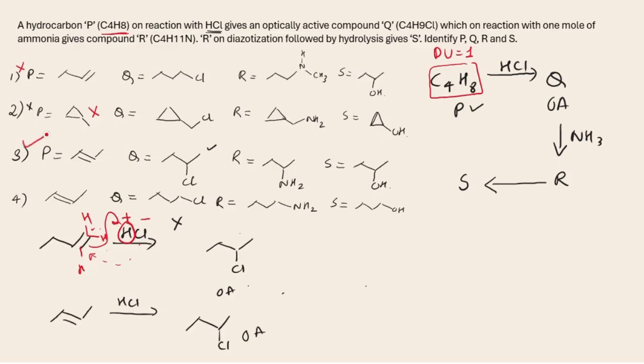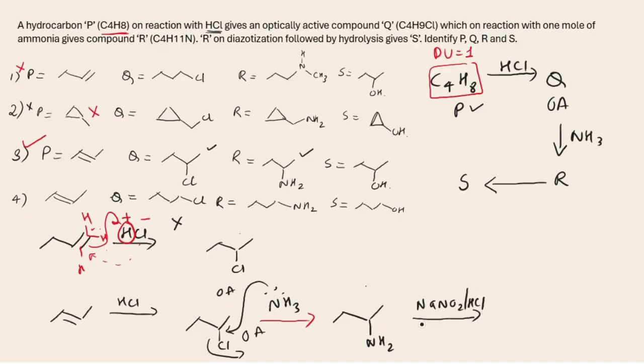But let's verify. What is the next reagent given here? Ammonia. It will undergo a simple nucleophilic substitution reaction as chlorine is a leaving group. And you are going to get 2-butanamine. Check for that. Yes, that is there. And then when a primary amine is treated with NaNO2 in presence of HCl, at 0 to 5 degrees Celsius,